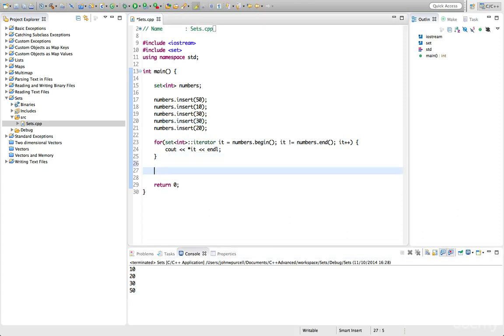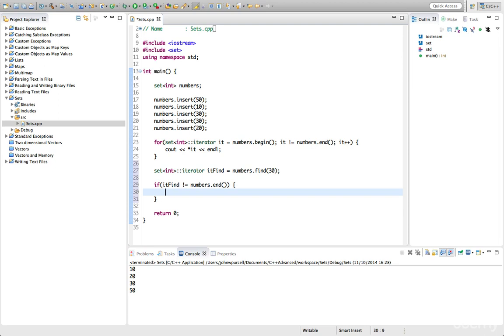If we want to know if an object is in a set, we can use the find method, as we saw, for example, with maps. So we can say, let's say, set numbers iterator. Well, actually, let's copy this one, and I'll call this it find equals numbers.find, and we want to type in there the element that we want to find. So we want to see if 30 is in the set. Then we can say if it find is not equal to numbers.end. So as long as it hasn't searched through the entire set and gone off the end of it without finding it,